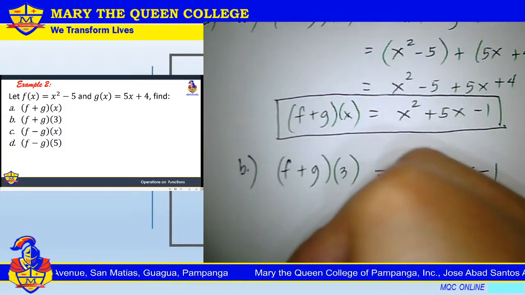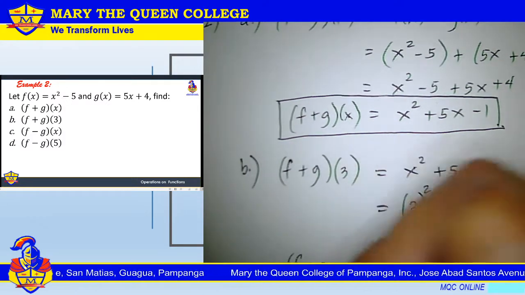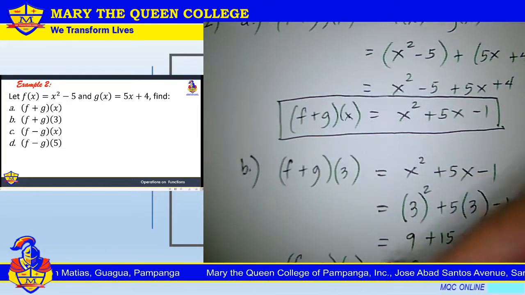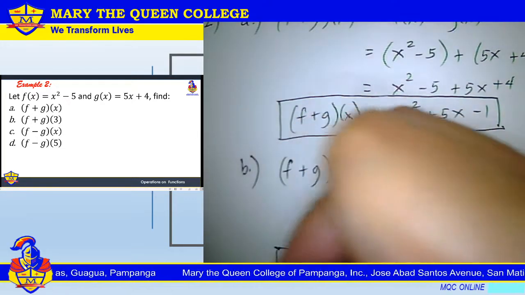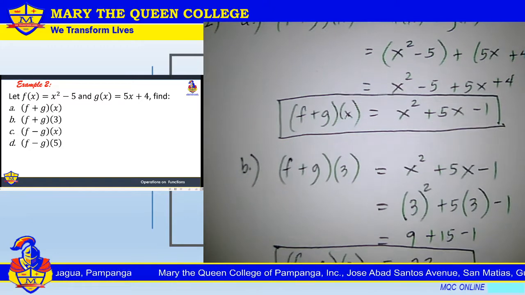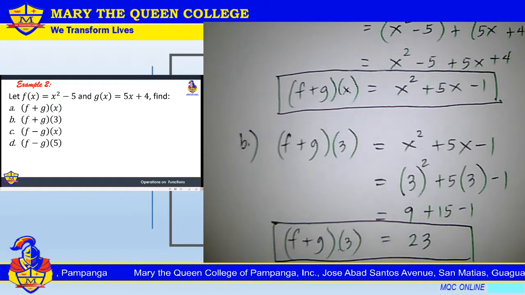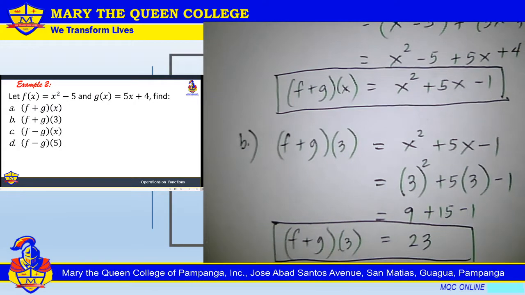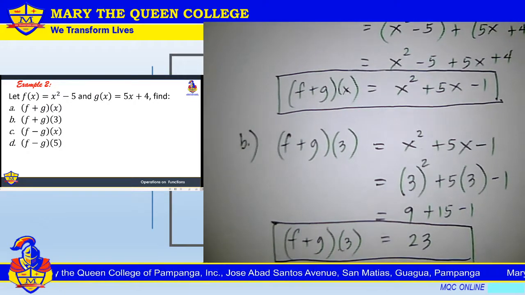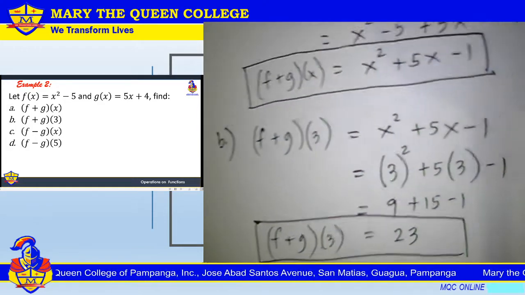So, we have f plus g of 3 is equal to 23. Okay? So, depende po yan sa ating magiging given na domain. Okay? The next, for letter C, we have